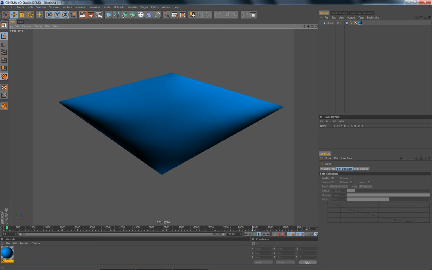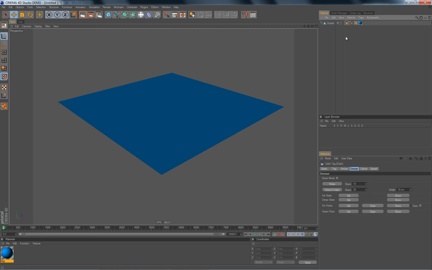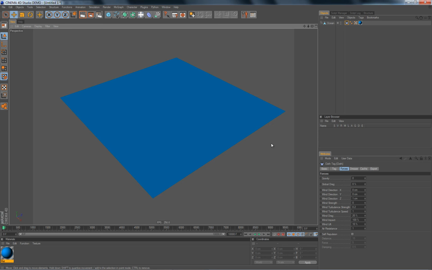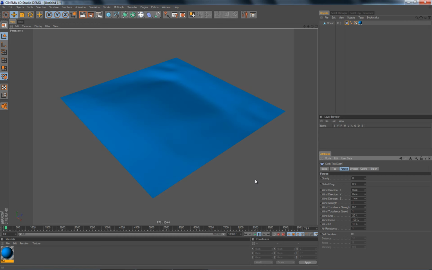So let's fix that. Here under the cloth tag you have many options, and we will deal with the options under the forces tab. Firstly, I want to set gravity to 0, and I want to enable wind in some direction. Here you can see the wind will go from the Z direction, that means from here. Currently the wind strength is 0, so I'll put that to 1 and see what happens. And already we have some really nice movement. We'll maybe increase this turbulence strength a bit,